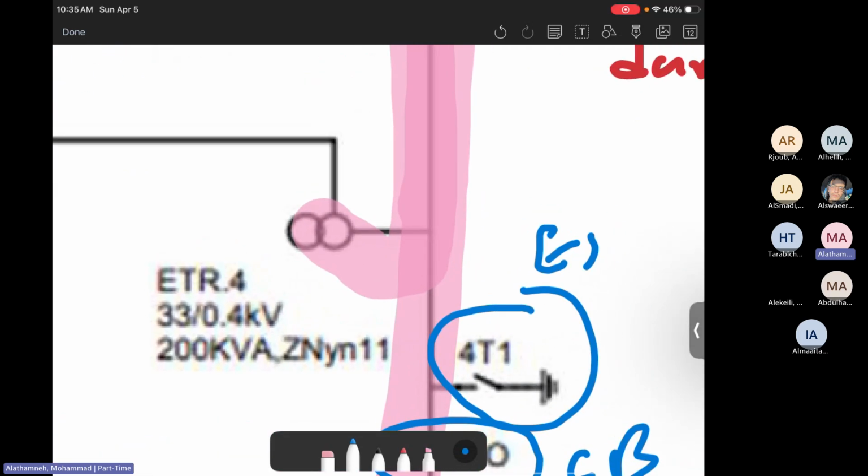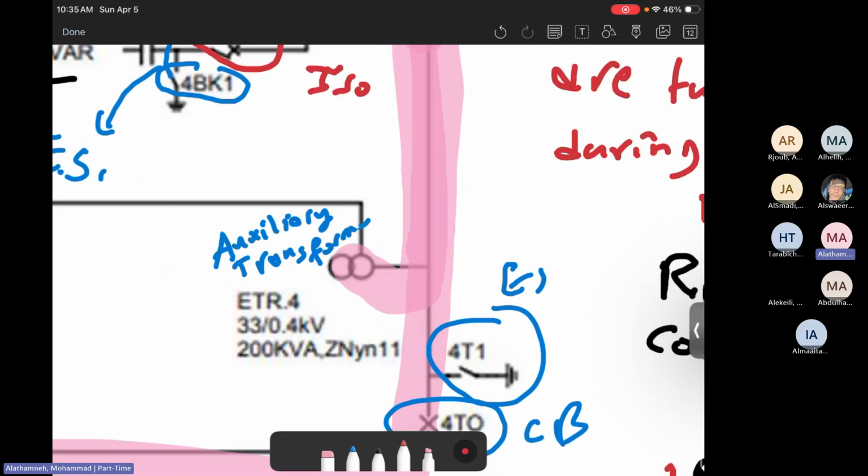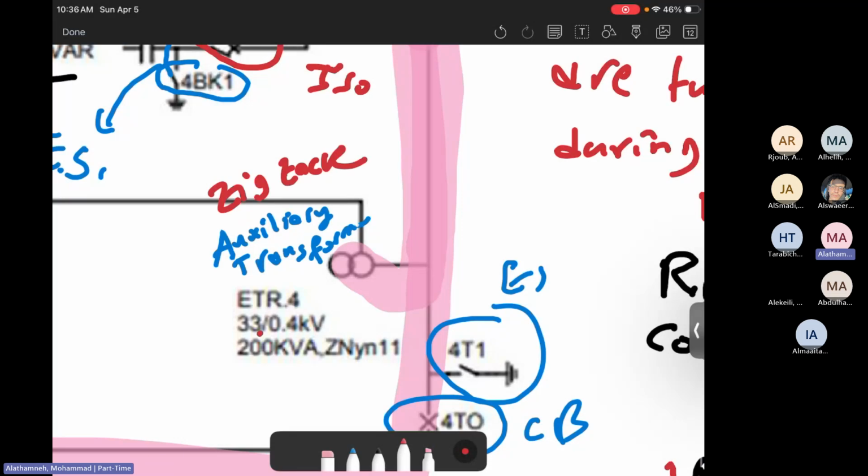What does it mean? This is called the auxiliary transformer. What's the point of adding the auxiliary transformer, or sometimes we call it zigzag? We already mentioned this before, but just to recall, the zigzag or auxiliary transformer, when you look at the rating, converts 33 kilovolts to 0.4 kilovolts. What does 0.4 mean? It means 400 volts, or 230 volts line to neutral. And what's the purpose of this? To supply power